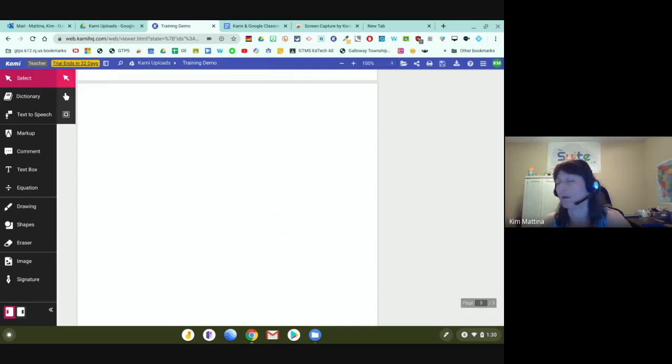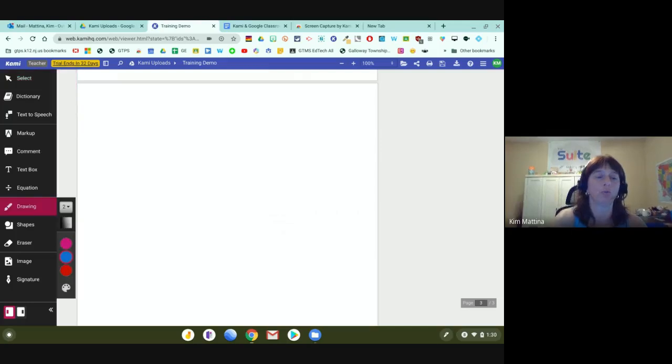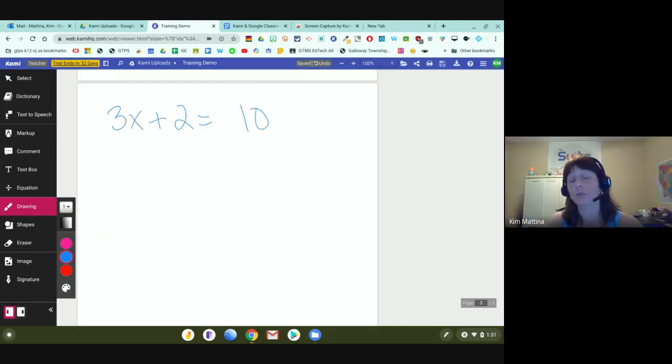So I can create... I'm going to use a drawing tool, and I'm going to change the thickness of my pen, and now I'm going to write on this. Okay, and if I wanted to, I can record my information using the screen capture tool. So it becomes an interactive whiteboard, so to speak. And then you have a copy of it when you download it and save it as a